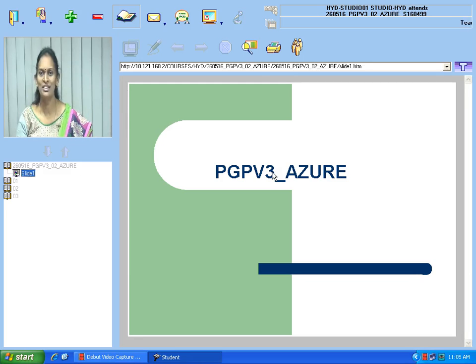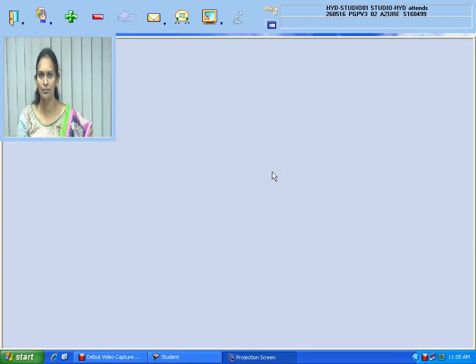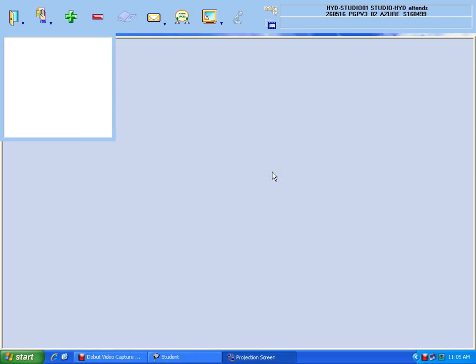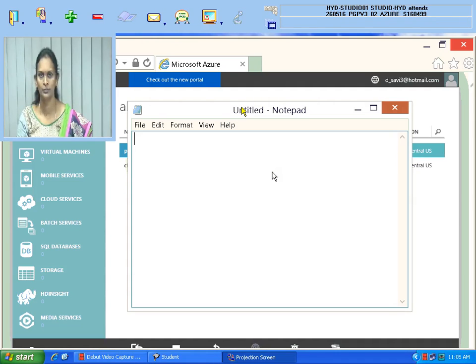So now we'll start with our session and where we stopped in the last class. What we did in the last class, in WCF, what we have learned, can you write the names? That means what topic we have learnt in the last class. In WCF, don't write simply WCF. In WCF, what we have learnt. Meanwhile, I'll share my system. Don't you remember what we have completed in the previous session?